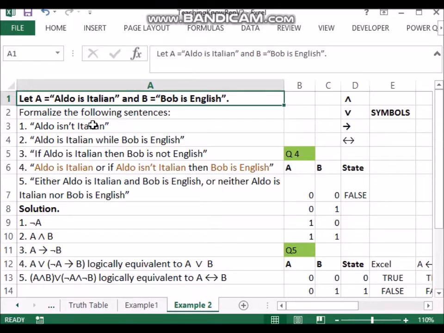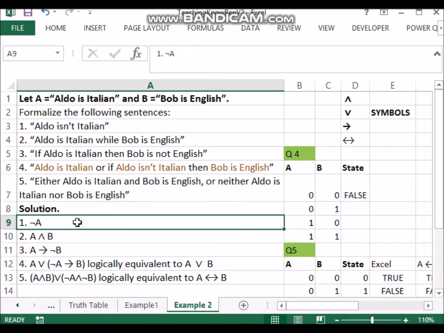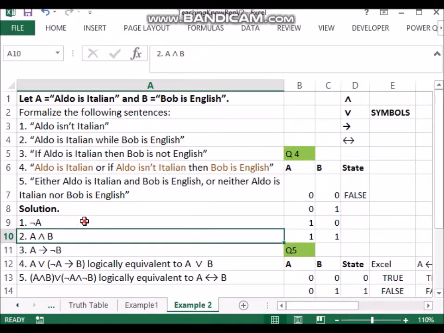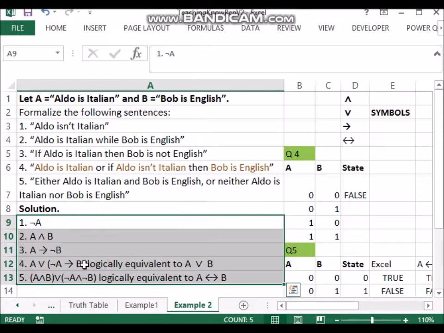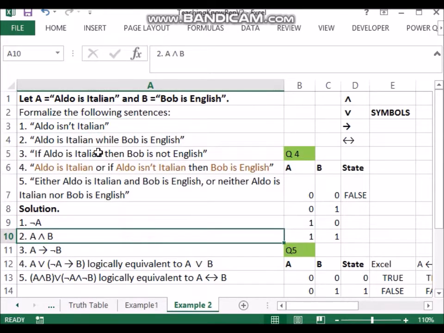Now suppose in the exam I ask you Aldo is Italian and I ask you to give the propositional logic, then you should give me this line number 9 which is highlighted right now. But suppose I give you line number 9, you are supposed to tell me that the answer is Aldo is Italian. So you do the reverse of it. In the unit test you may either get English statements which you have to formalize, or you may get propositional logic statements which you have to convert into English. That's what the expectation will be.